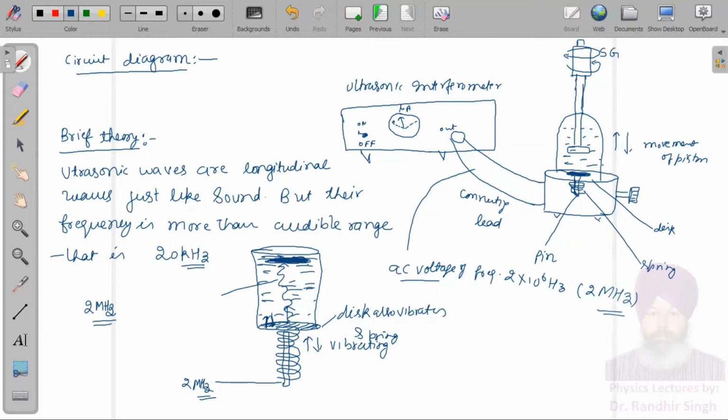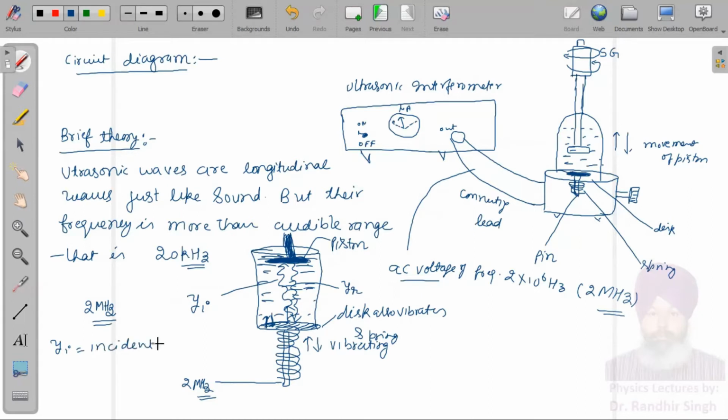So when these waves strike the piston, these waves get reflected back, and after reflection these start coming backward. So there are two kinds of ultrasonic waves, progressive waves. This is called the incident wave, YI stands for incident wave. This is a reflected wave, this is YR. So the incident wave is YI,